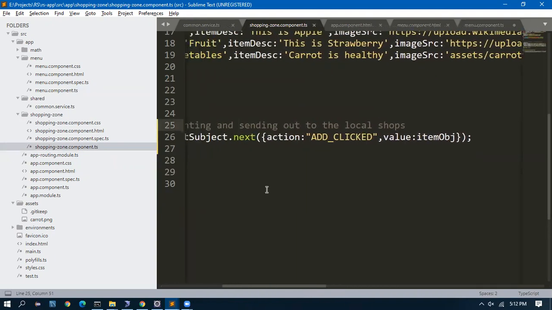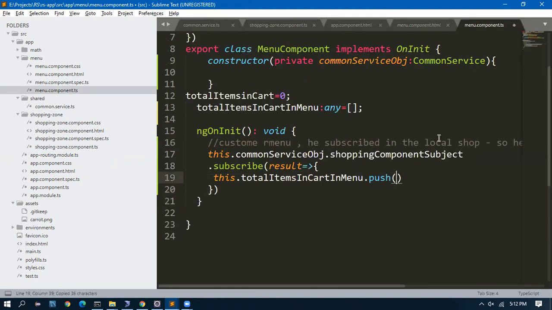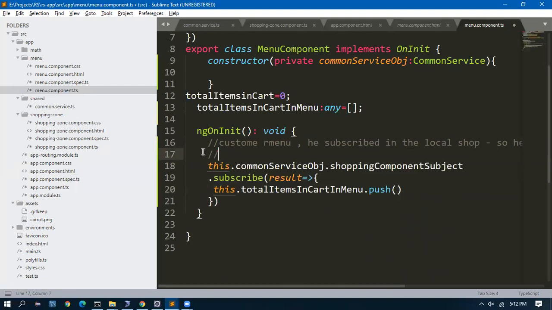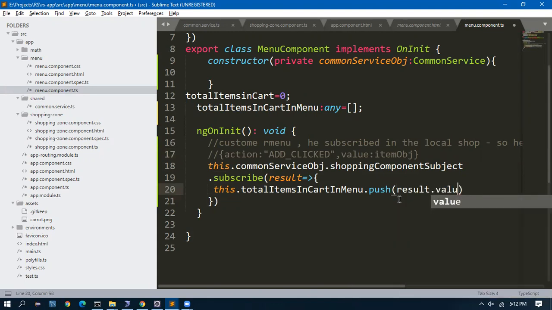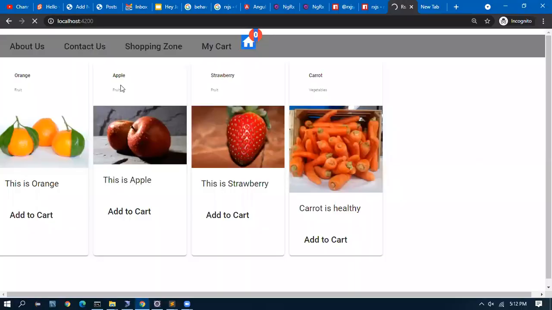The result will come like this. Action and value both will come. I want to take only the value now. Result dot value. I have to push this object. Now this will work as expected.